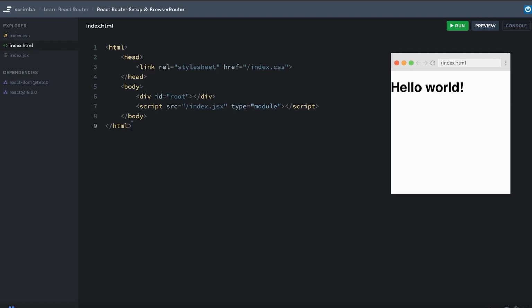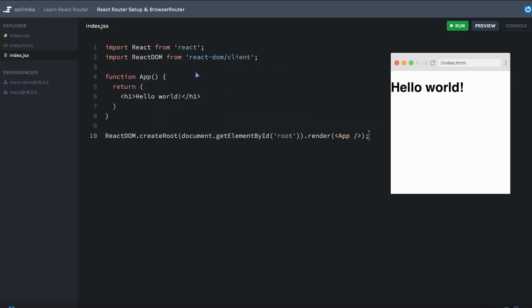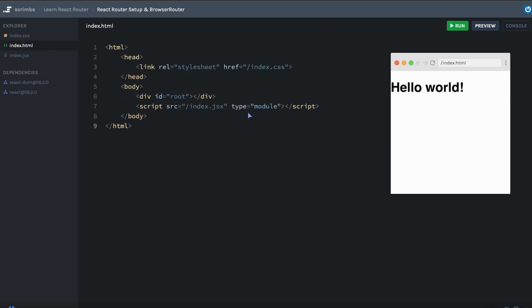Okay, we're going to start this app from almost bare bones. We have a very basic React project here. You can see that all we really have is a simple hello world. There's one thing I do want to point out, and that's something that I haven't really talked much about before, and you might have noticed it real quick over here in the index.html. You'll see that our script tag is pointing to